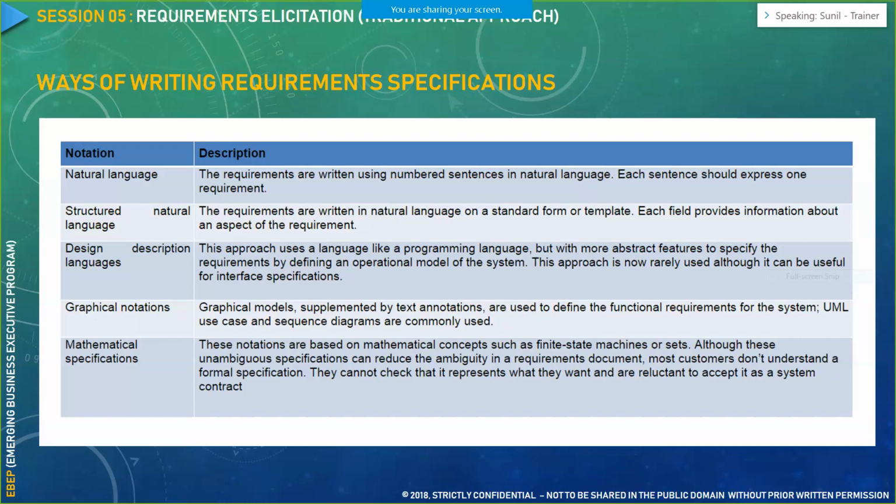Then comes the structured natural language way of writing the requirements, wherein you would provide field level information, like if it is a customer field, what should be the requirement for that customer field, what is the capability or what is the functionality that you need to incorporate in the customer field. For example, if you are having a first name and last name, you should always be accepting the alphabets, and the limit would be 14 characters or 15 characters.